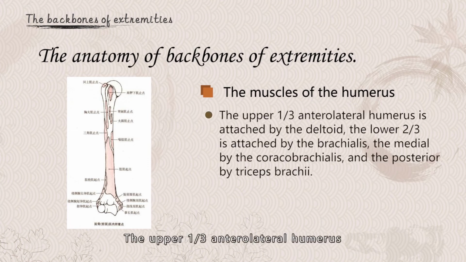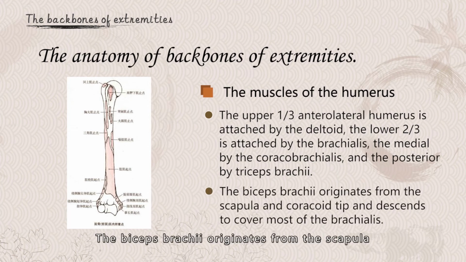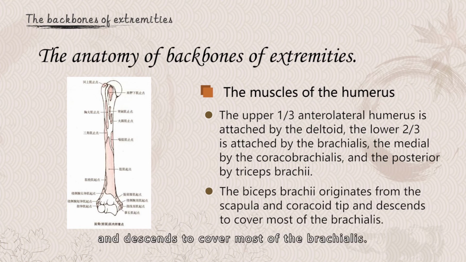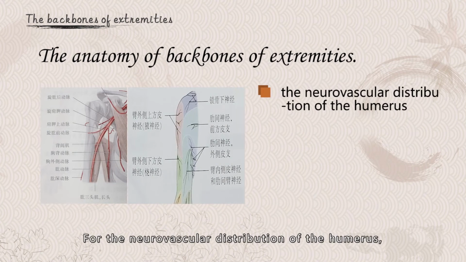The upper 1/3 anterior lateral humerus is attached by the deltoid. The lower 2/3 is attached by the brachialis, the medial by the coracobrachialis, and the posterior by triceps brachii. The biceps brachii originates from the scapula and the coracoid tip and descends to cover most of the brachialis. For the neurovascular distribution of the humerus